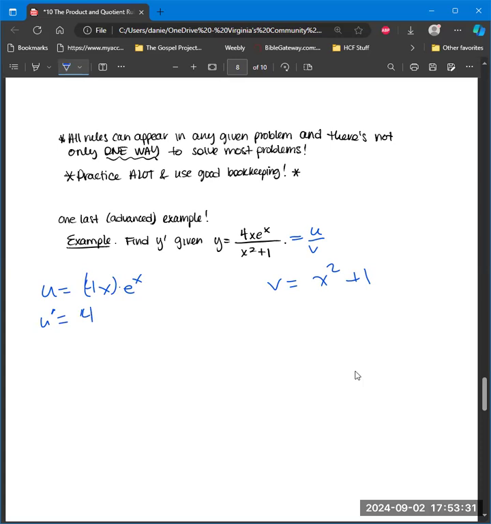So derivative of the first part, leaving the second part alone, plus derivative of the second part, leaving the first part alone. v prime is going to be 2x. So u prime is going to be 4e to the x plus 4x e to the x. I think I'm going to leave it all out like that until we get done, and then I'll try and factor. So I want u prime